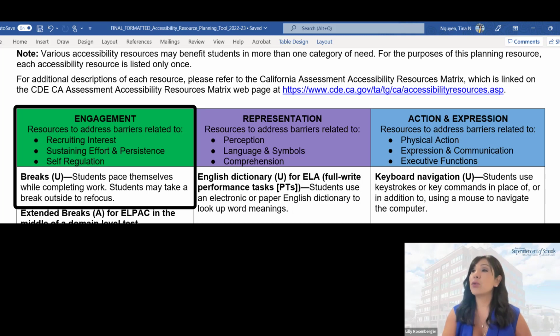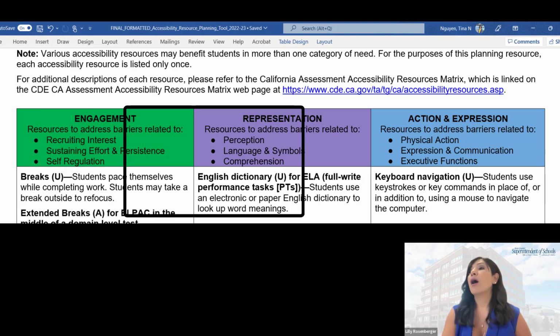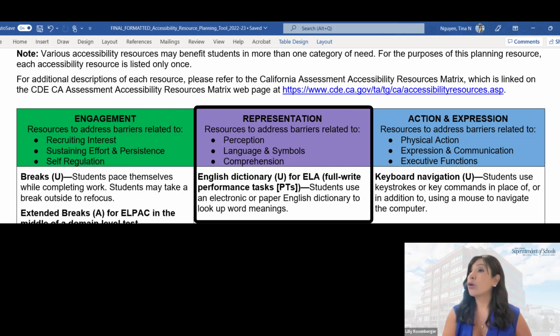Similarly, there are resources that support the area of representation. Our English learners might benefit from an English dictionary. Again, here's the U, it's a universal tool. And then in this case, it tells me on which particular assessment type English dictionary would be a universal tool. This would be for the ELA full-write performance task.